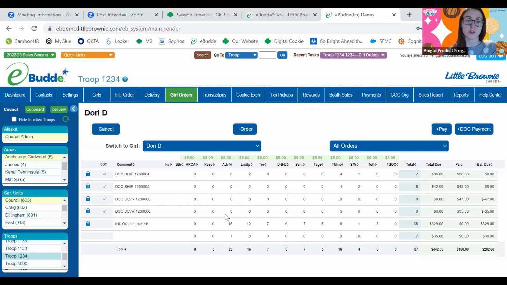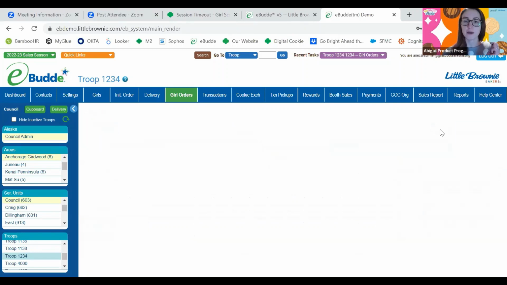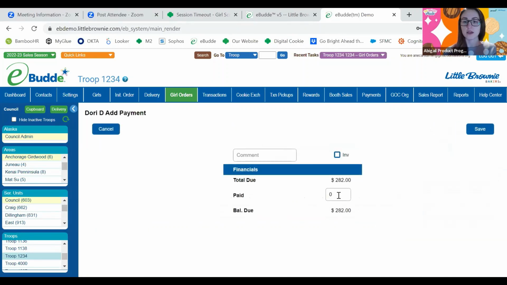And at first it will look like she owes a whole bunch of money because 100 packages of cookies is expensive. And that balance due will go down as her girl delivered orders come in. If she also sells to her neighbor who hands her cash, and now she's holding $15 from her neighbor, when she gives that money to her troop leader, her troop leader will come in and add a payment. They can say, she gave me $15